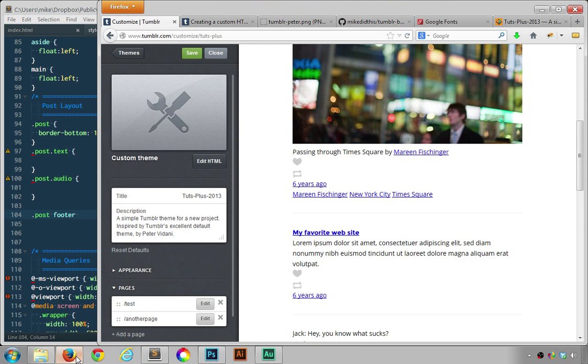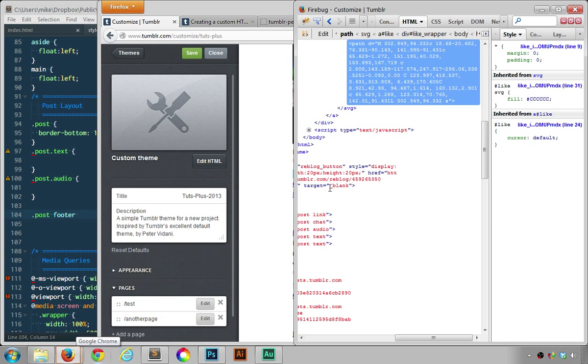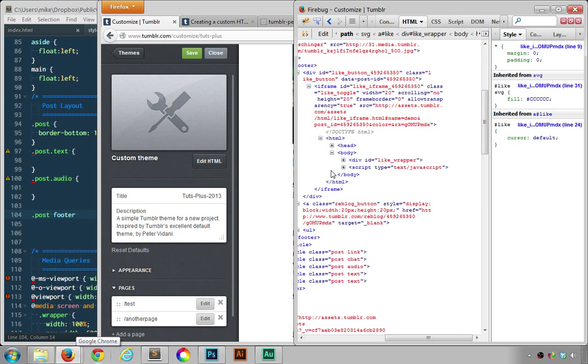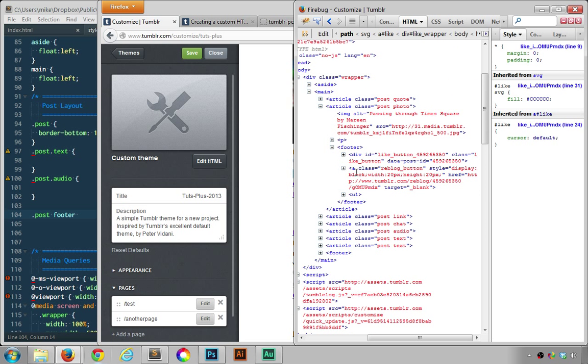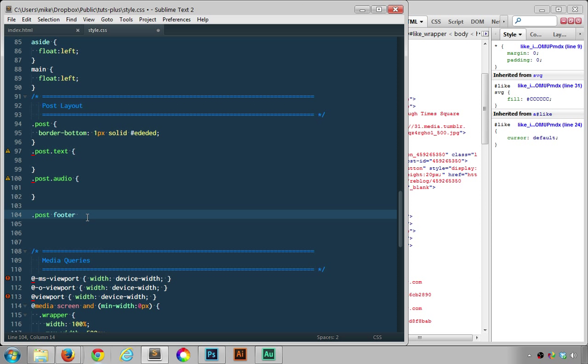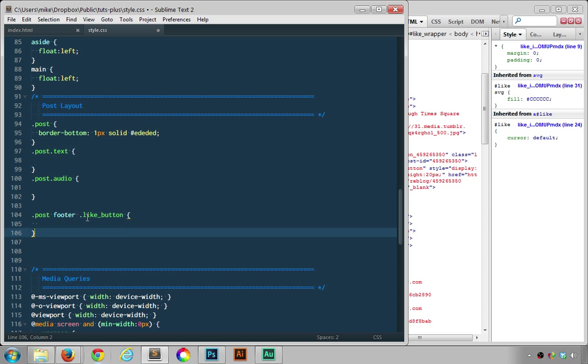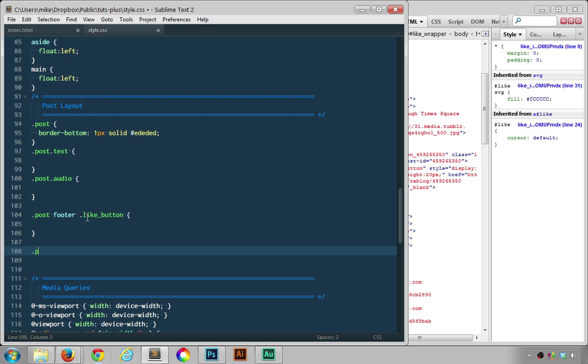Now, we're going to actually have to inspect the markup just because obviously we use the variables and Tumblr is passing these two elements in. Now, the markup itself is we have a class of like button and a class of reblog button, both underscored. So if we do like button and then the same again,